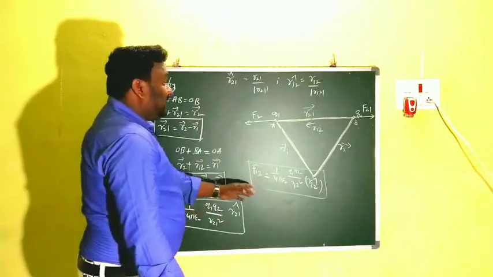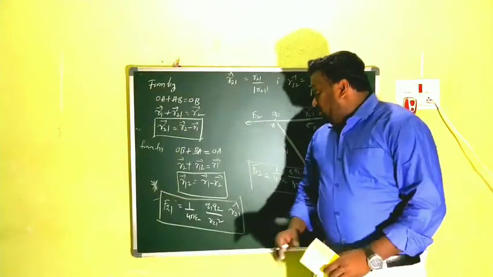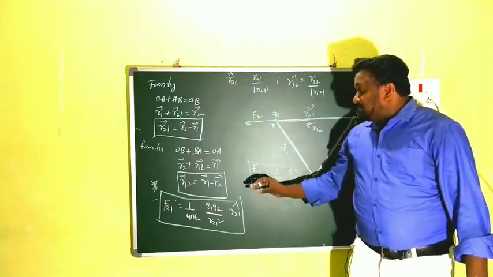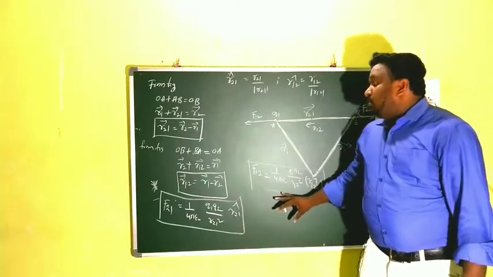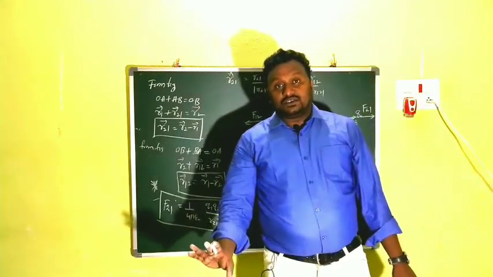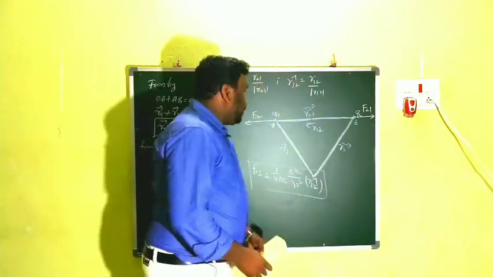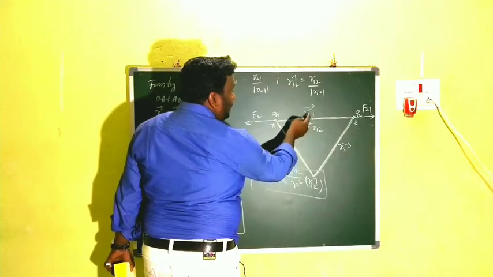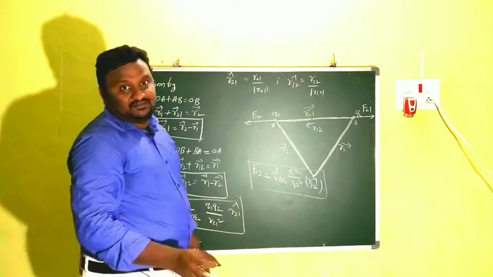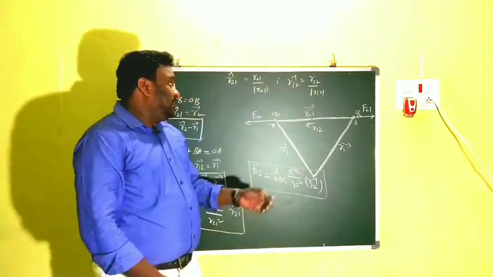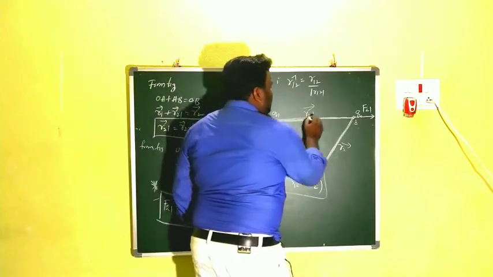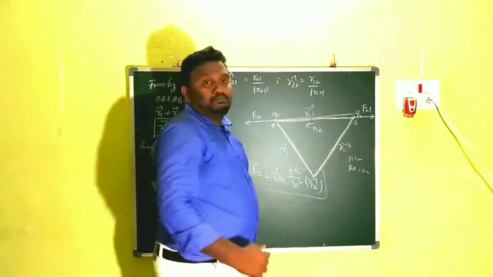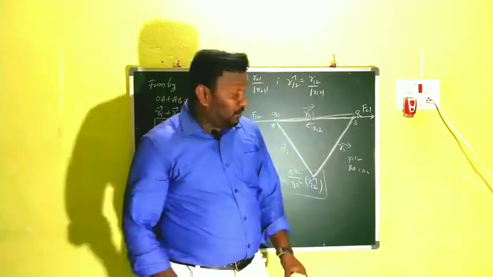So these two are the equations. F21 means force on the second charge by the first one, and this is the force on the first one by the second charge. So individually we have forces in vector forms. Clear, children? R21 is nothing but R12 in magnitude, both magnitudes are the same, but they are in opposite directions. For example, AB is 10 centimeters, then BA is also 10 centimeters; the magnitude is the same, but they are in opposite directions.